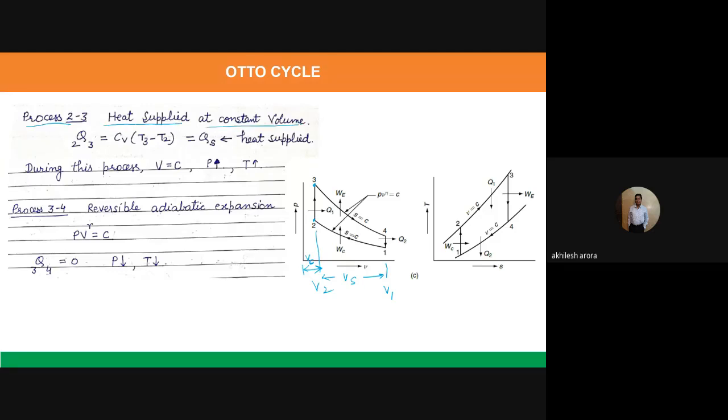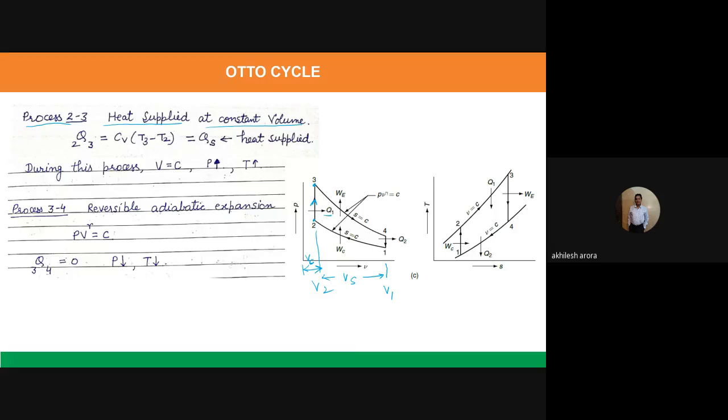So we are supplying heat. In a real engine, it relates to the process of combustion of the fuel actually. But in case of this Otto cycle, we are considering that we are supplying heat at constant volume. So the engine is moving so fast that we consider the heat supply is taking place at constant volume. So 2 to 3, as you can see it here, the volume remains constant and heat supply is given by Q1.